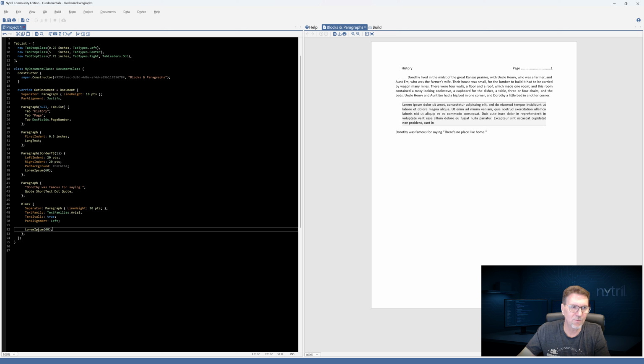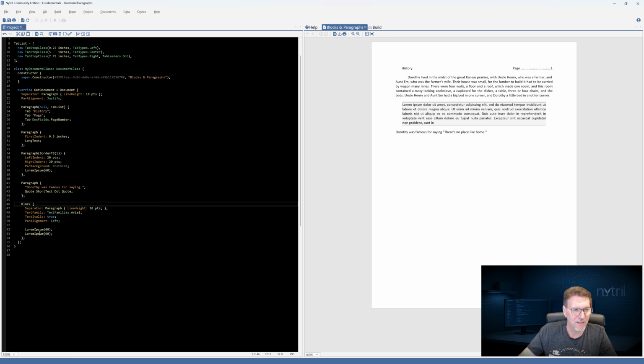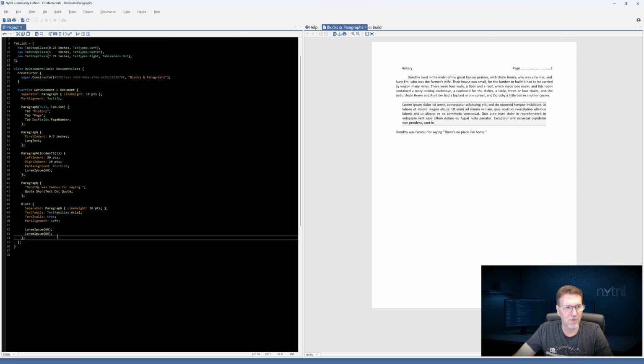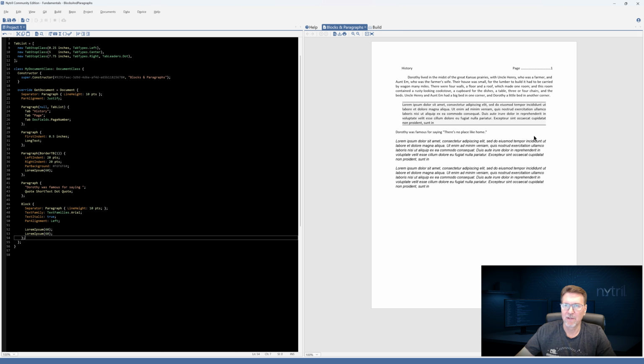And let's just look at that real quick. Lorem ipsum is just a string, and we're going to put 2 of those. So a block's job is to create paragraphs using these formatters in the document. So I added that. Let's see what happens. All right.